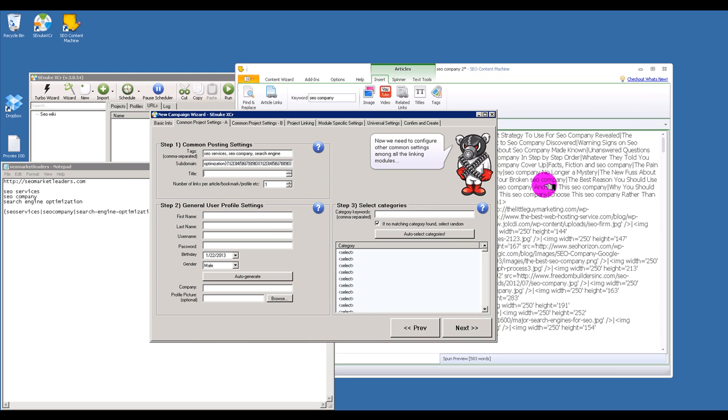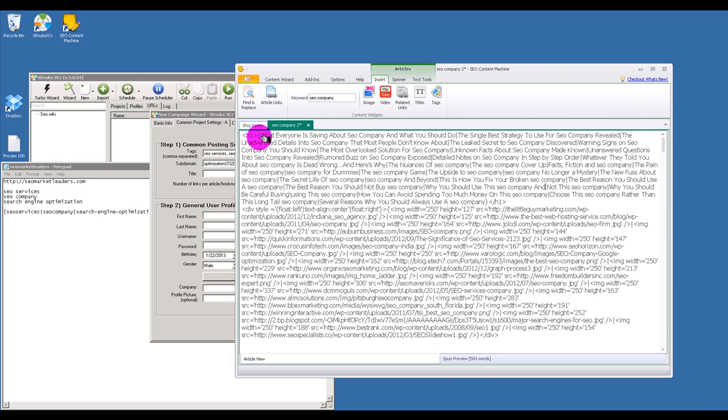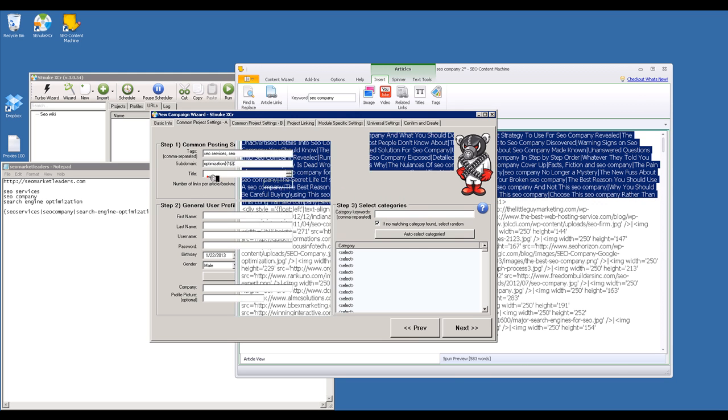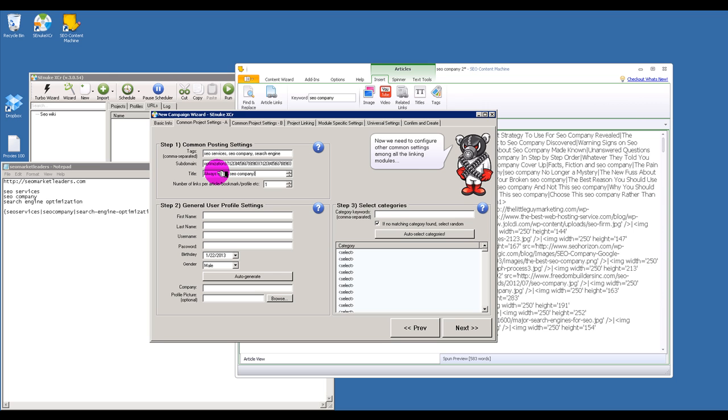Title, this is the title of our article. So we want to go back and we want to grab everything outside of the H1 tag. Alright, just copy this and paste. So this is going to generate this information into all of our articles so we don't have to go do it again later. Auto generate, simple enough. Enter in your company